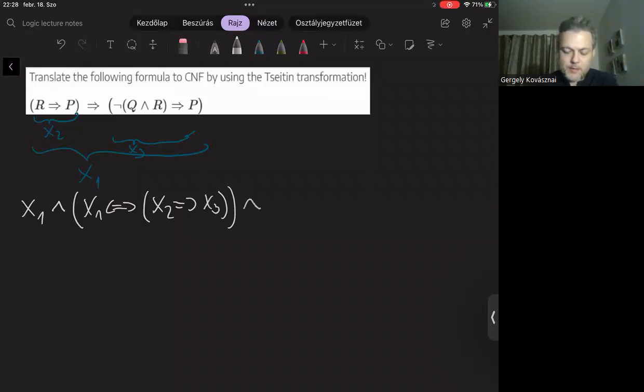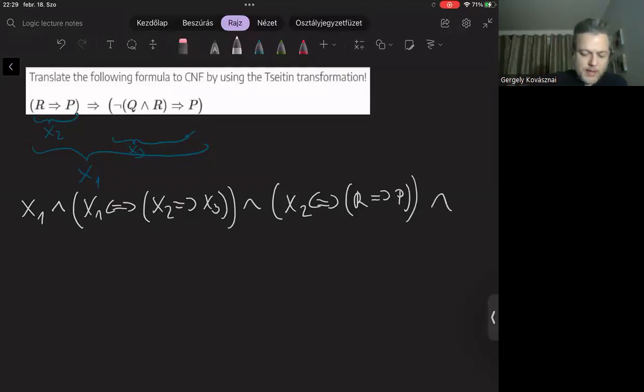Okay, let's keep going. Of course, I also have to define x2. x2, as you can see, stands for R implies P. And in this case, I don't need to introduce new variables because R and P are already literals. Okay, let's continue with x4, where x4 substitutes an implication, and the first part of the implication is a compound formula.